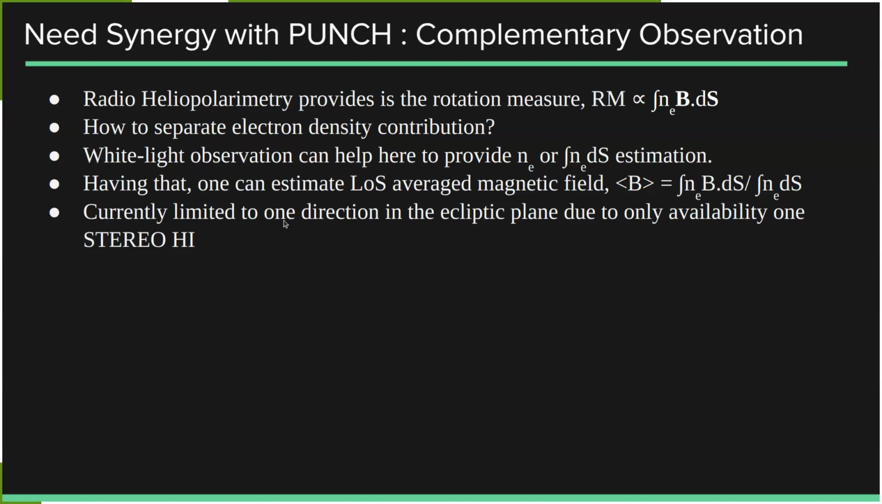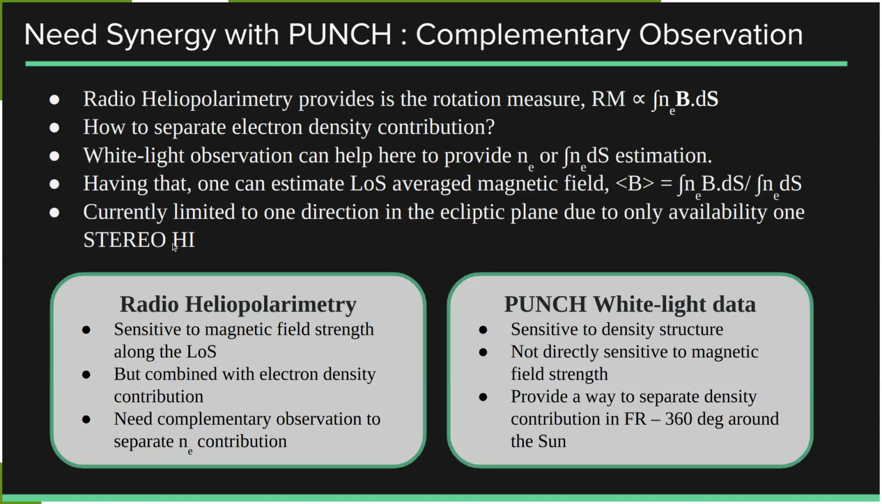So currently, we are limited to one direction in the ecliptic plane due to the availability of heliospheric imagers only from one of the STEREO spacecraft. And here is where the synergy comes in, because radio heliopolarimetry observations are sensitive to the magnetic field strength along the line of sight, but we need to separate the electron density contribution. And the PUNCH white light observations are sensitive to density structures, but not directly to the magnetic field strength. But it will provide a way to separate this density contribution from the Faraday rotation almost 360 degrees around the Sun,